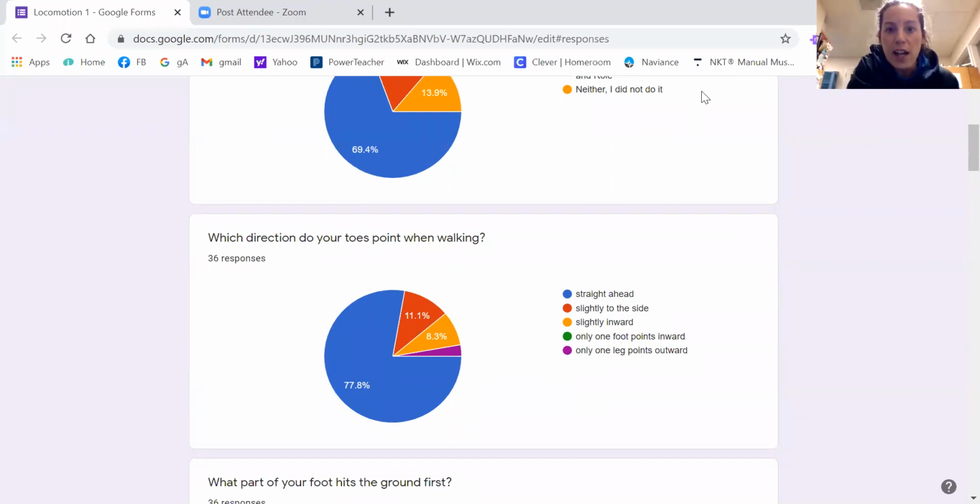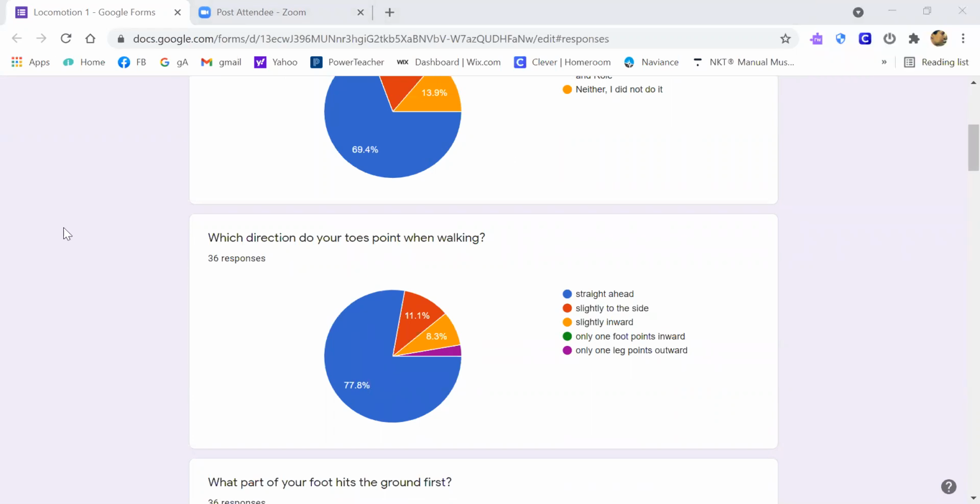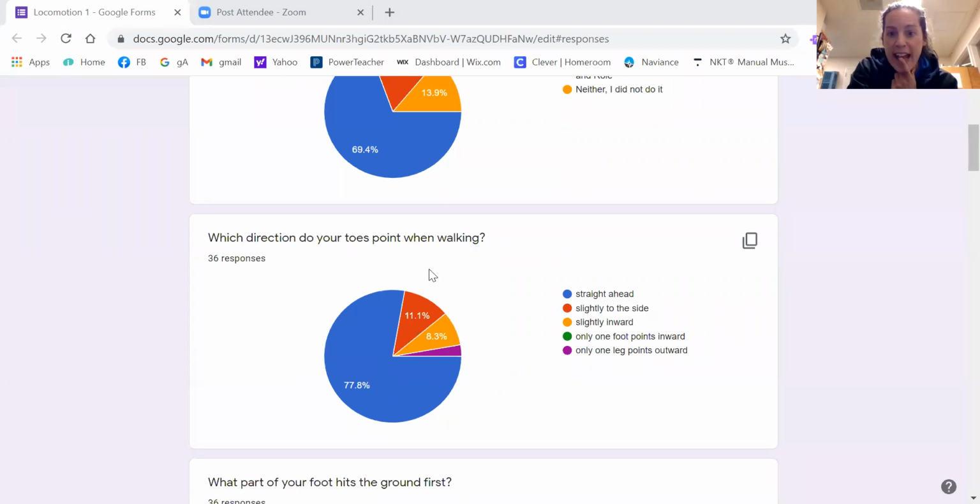Oh, there is a chat and there's a person. Okay, so I have a private person saying, I actually walked and looked at it to know, which is excellent. Again, it gives you a point of attention to the things you already do. So almost 80% have their toes straight ahead. Okay. Next is